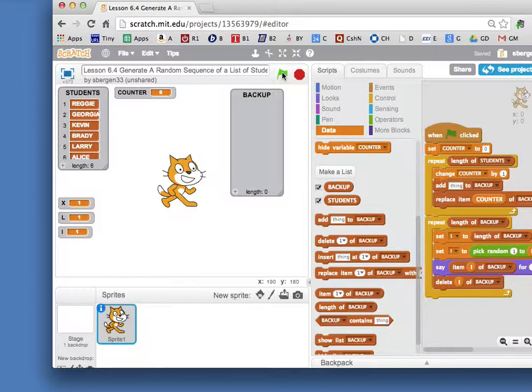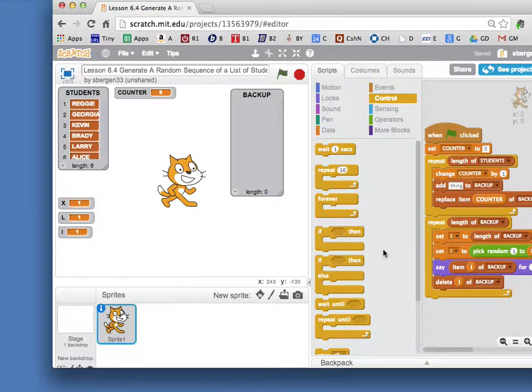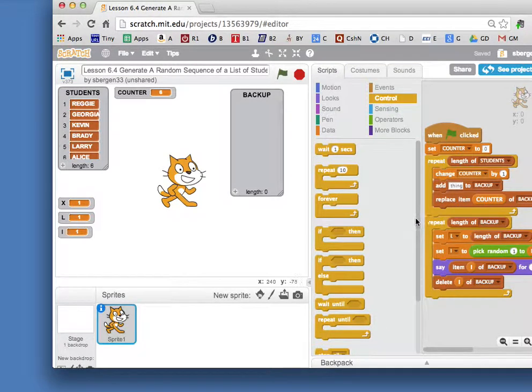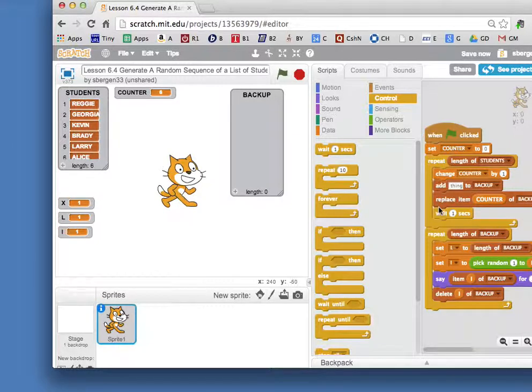You ready? I wonder if I should put in the wait command. Yeah, I think that would be better for your eyes in watching this happen. If I say wait 1 second, and I stick that in this loop, then you'll see it each second at a time. On your mark, get set, go. Reggie, Georgia, Kevin, Brady, Larry, Alice gets populated. The random list for today is Georgia, Reggie, Larry, Brady, Alice,